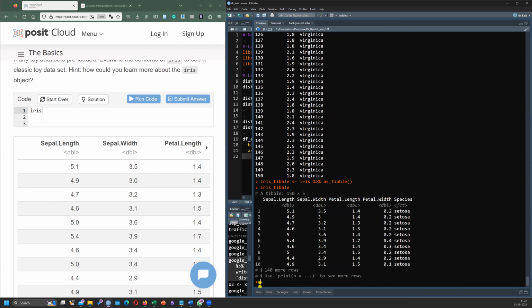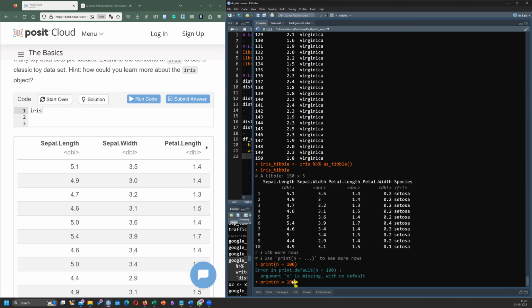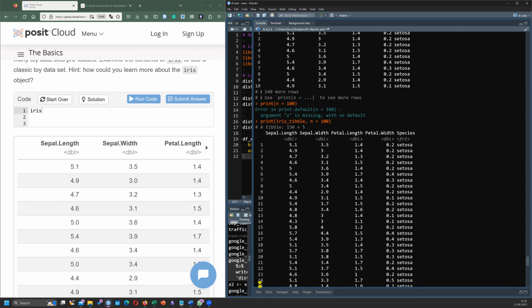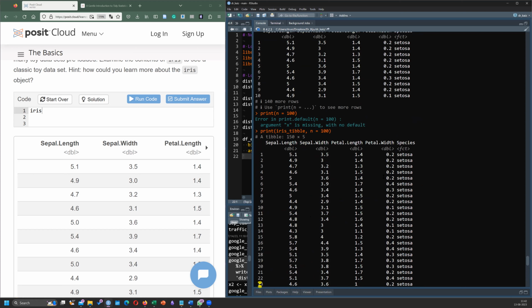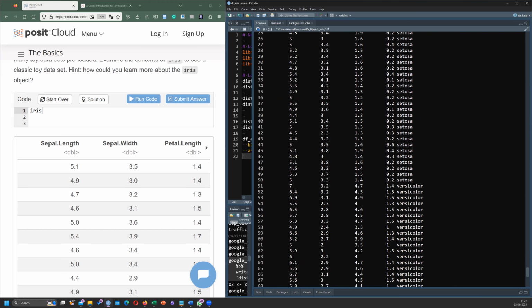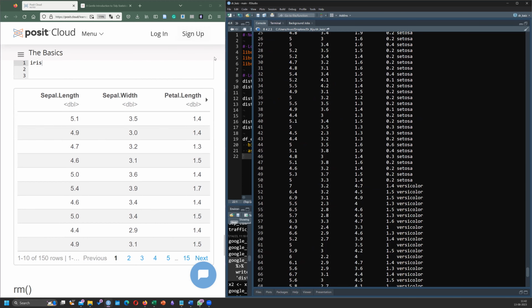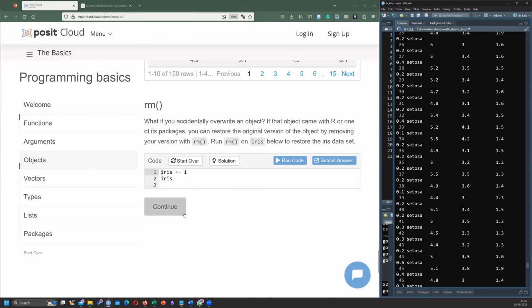If you want to see more, you can say print n equals, maybe first 100 rows. It's giving me the first 100. And you see, it's saying that species is actually a factor. Anyway, we'll see that later on. Is this clear? Can we move forward?